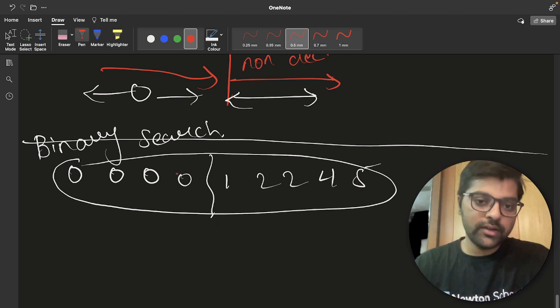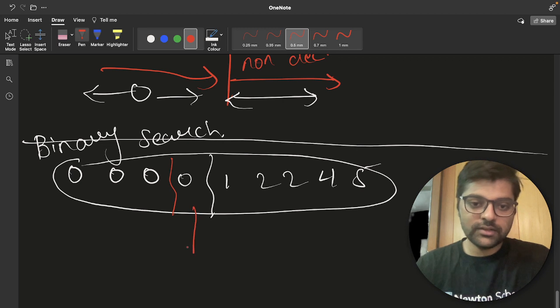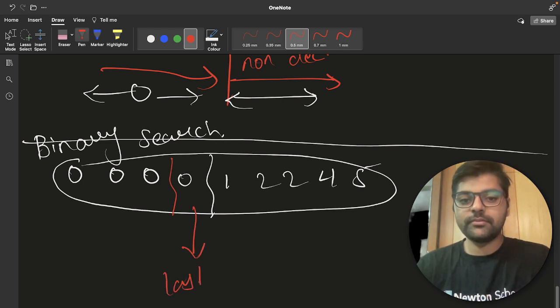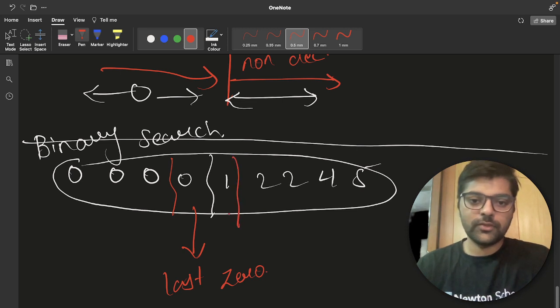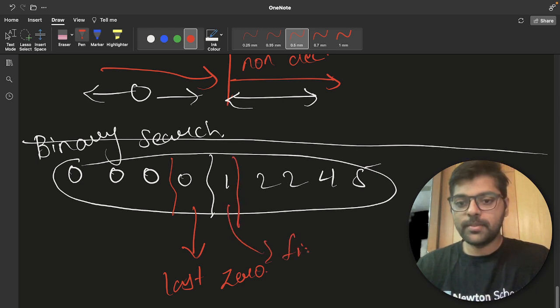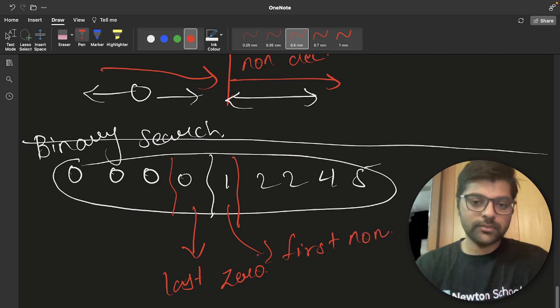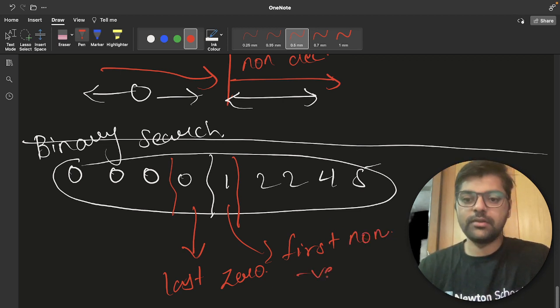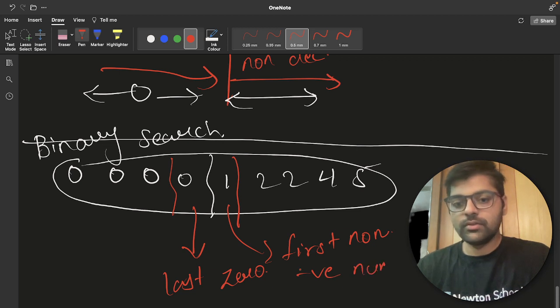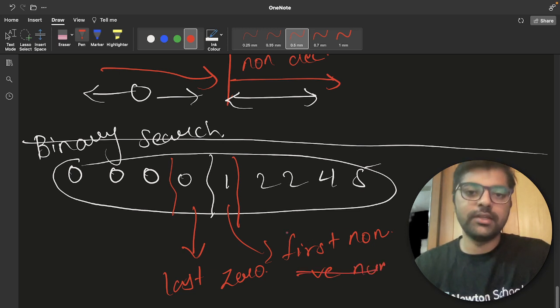Then we need to find either the last 0 or the first non-negative number, or first positive, anything you can say.